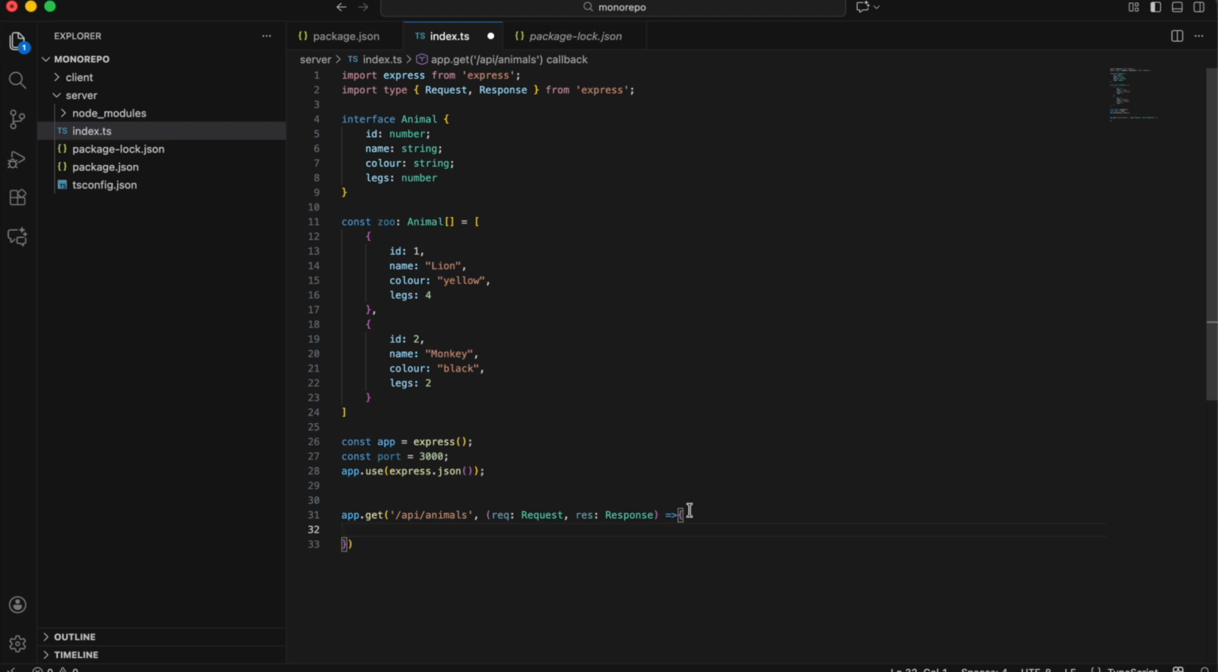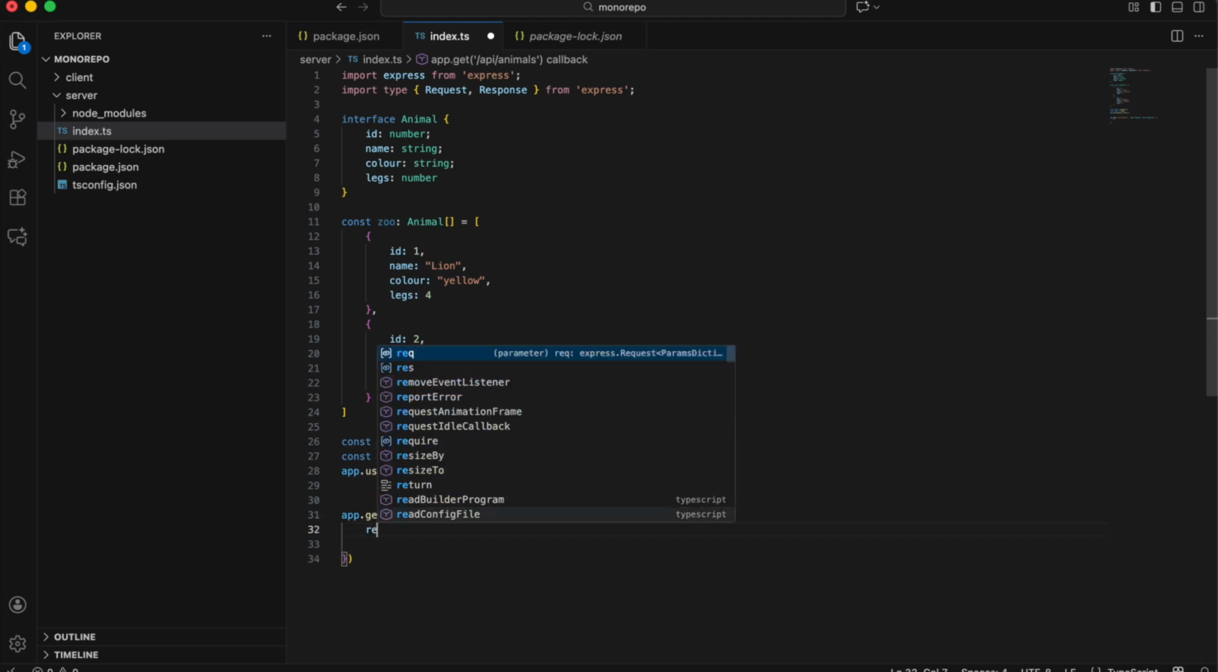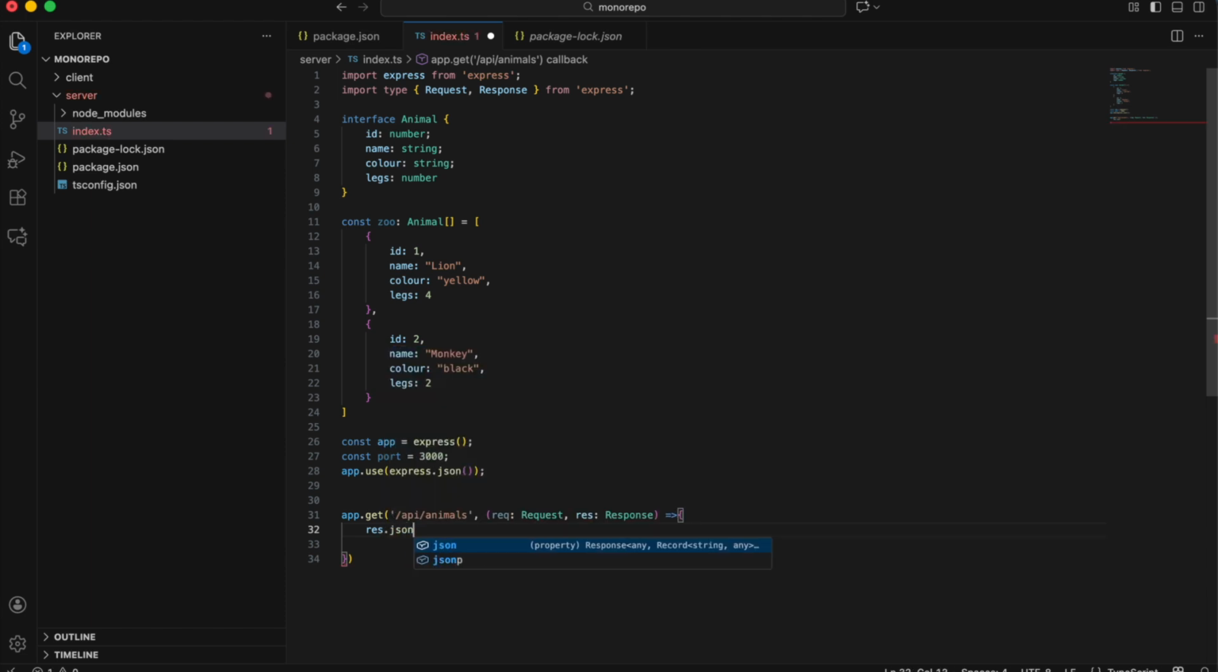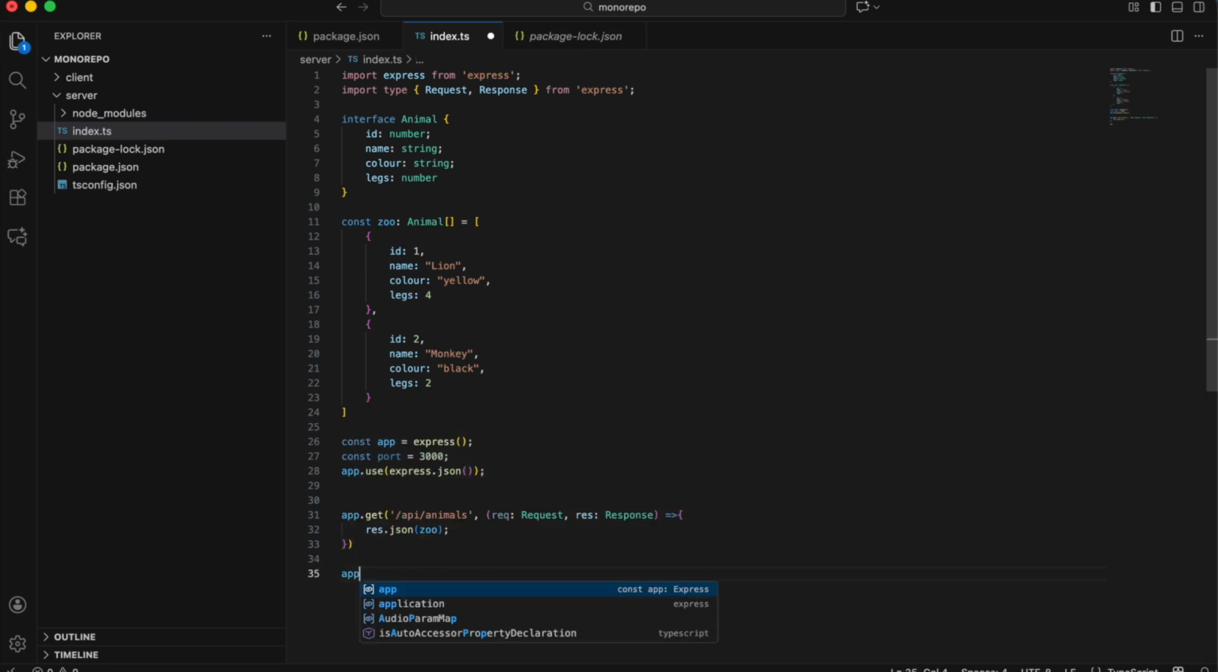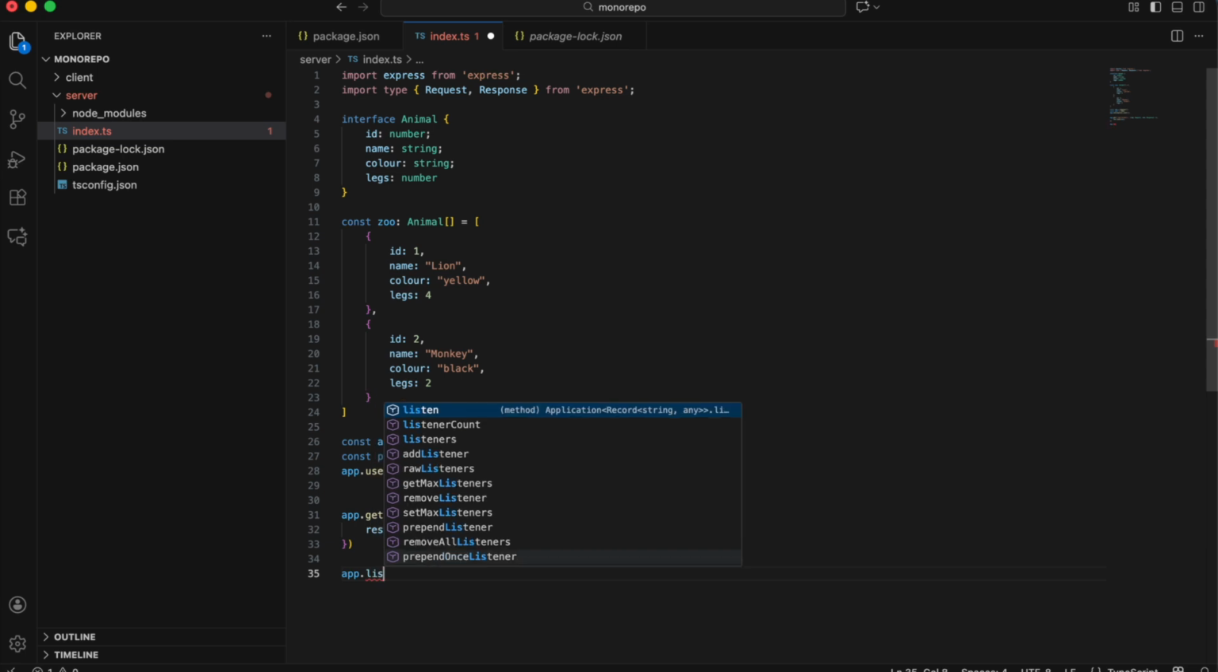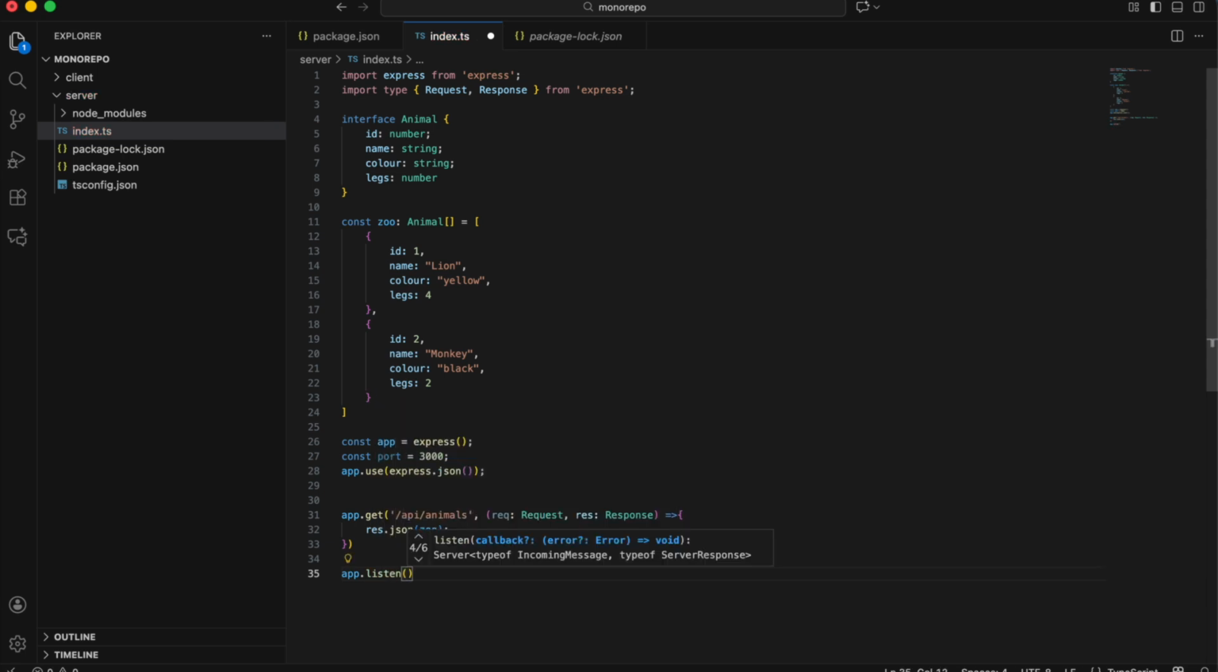So now, yeah, we send a get request, and what response we get is res.json, and we return the zoo. Zoo has data of all the animals. Let's add an app instance. App.listen. Our app will listen at